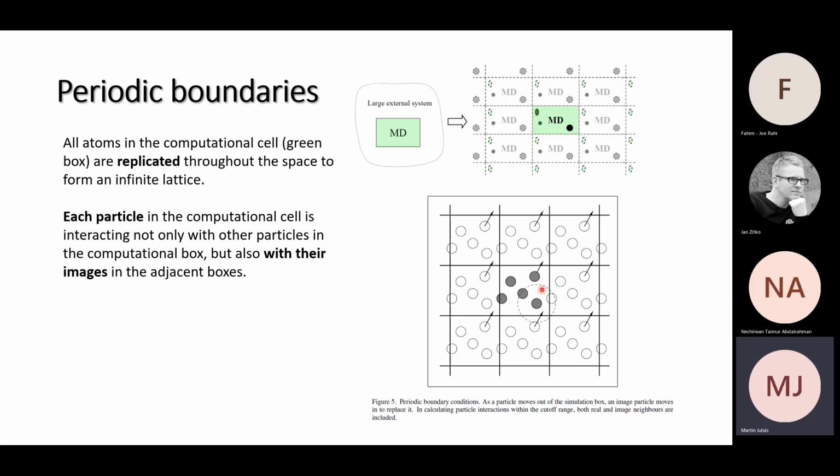So every time one molecule moves out of the box, it will be included from the box below or from the box that is next to it. And in this way you can effectively simulate how water flows, and it never changes some quantities, but it also has some